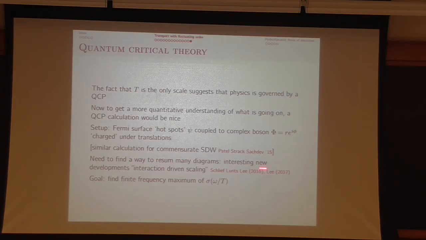And that's typically hard. But there have been recent, very promising advances by some Cyclean collaborators, which basically ignore completely the kinetic term, and their tree-level theory just has the interaction term. And so it's possible that these might help perform a quantum critical calculation of these theories. And the goal there would be to get an expression for the conductivity as a function of omega over T and see if it indeed generically has a finite frequency bump when you have a transition between translational order and no translational order. What's SDW?